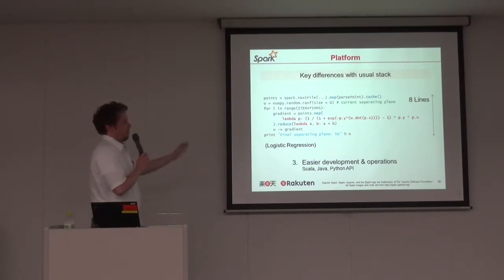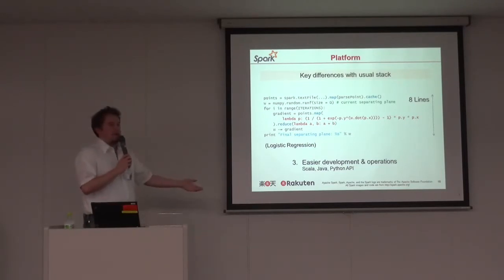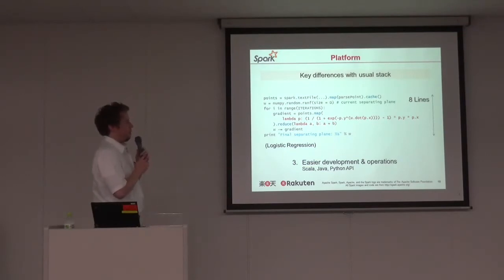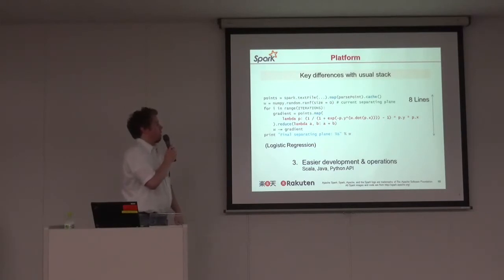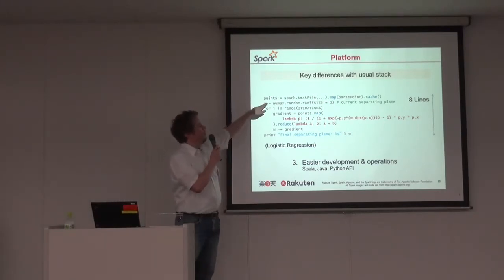So basic Spark is coded in Scala, which gives you automatically an API in Java, and you also have an API in Python, right? So, well, you can see from this code that you can code logistic regression in 8 lines, which is pretty compact. Of course this one doesn't have any convergence criterion or stuff like that. It's pretty simplistic, but still.